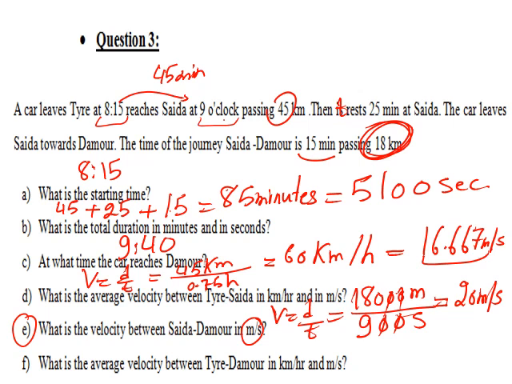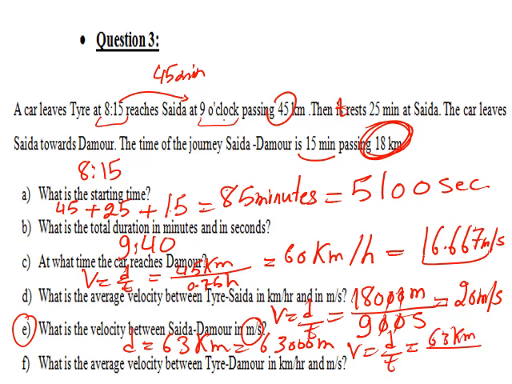Part F, what is the average velocity between Tyre and Damour in kilometer per hour and meter per second? First, we have to calculate the distance. It's 63 kilometer. How? 45 plus 18, 45 plus 10 is 55, 55 plus 8 is 63 kilometer, so D equals 63 kilometer, so it's equal to 63,000 meter. This is the first step. V is equal to D over T, it's equal to 63 kilometer divided by time, it takes about